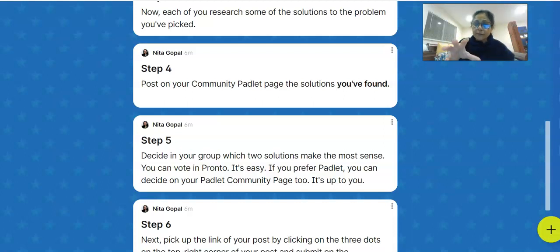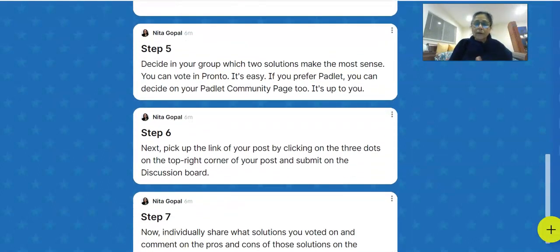So you would make a decision. So that's what we are doing, we are in step 5. You make a decision on which of the 2 solutions that everybody has posted in Padlet you're going to project into the Canvas discussion board. Okay, so once that's done, you pick up the link of your post.